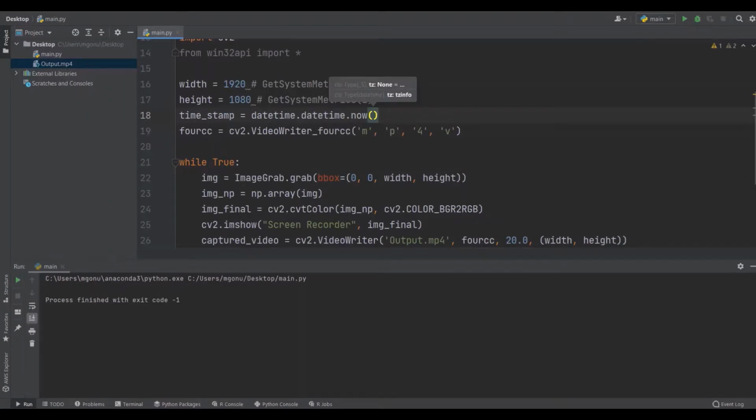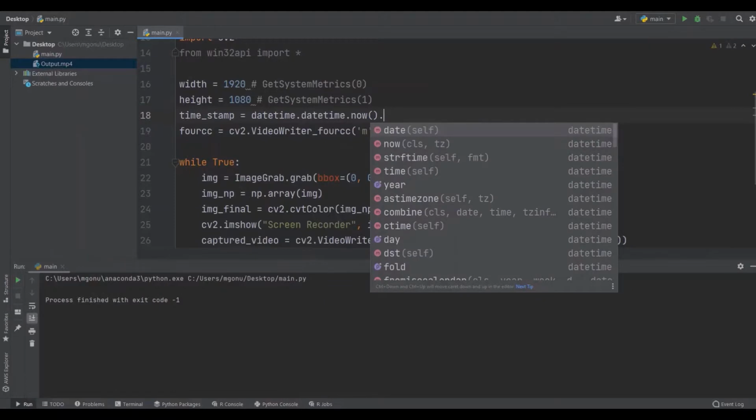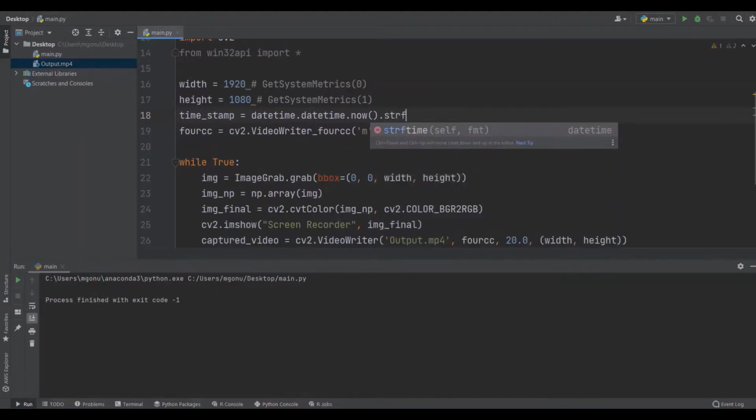That means we will get the exact moment of time of our capture, and after this we can convert it to some string, like now here. We will provide some formatting string, formatting time: percentage year, and percentage month, percentage day, and